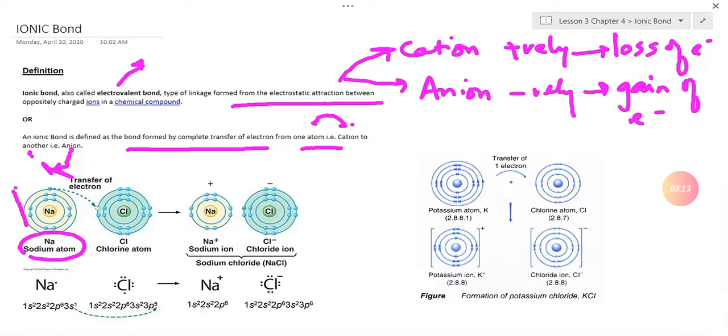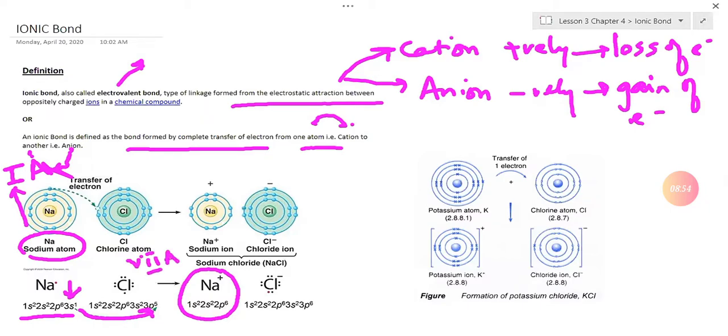Sodium atom belongs to group 1A, and belonging to group 1A tells us that it has one electron in the outermost shell. See its electronic configuration given: 1s2, 2s2, 2p6, 3s1. The last subshell has one electron, 3s1. Whereas if we look at chlorine atom, it is a non-metal, and as a result of loss of this last electron from sodium,